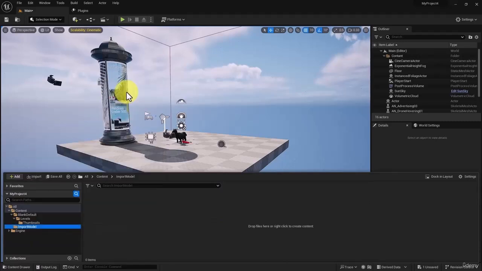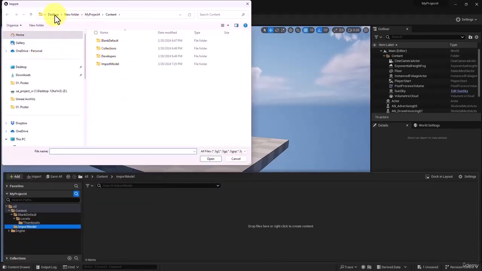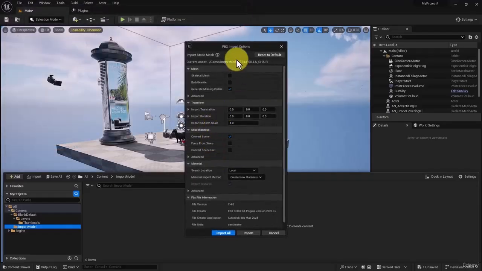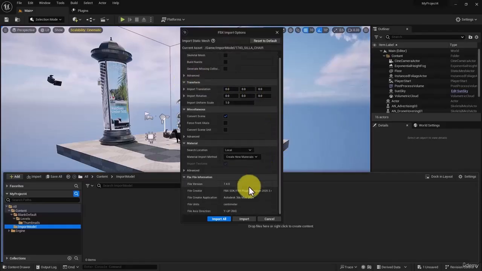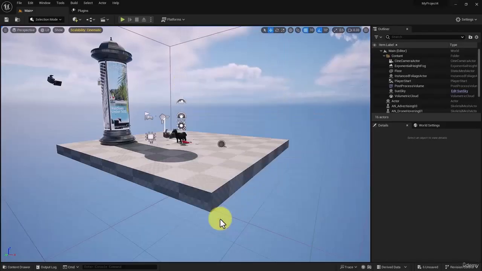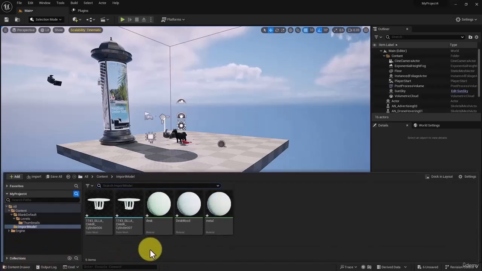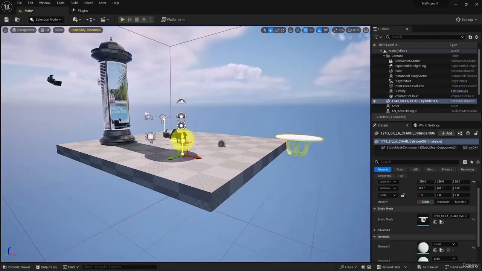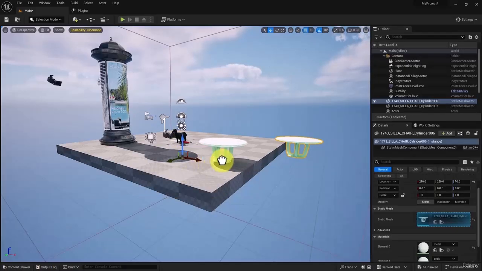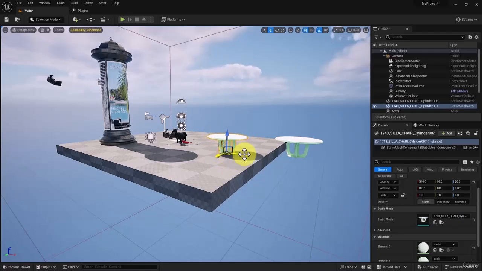Right click on folder and import model, go to desktop. Very well, here we go. Let me uncheck the mesh here. Alright, everything is good here. Import all. Now we have our models here. Let me set both of them. The other one. As you can see, the gizmo is on the table for this one, but for the